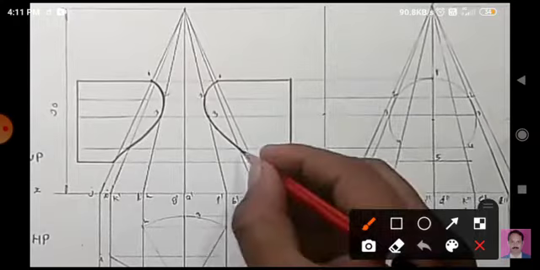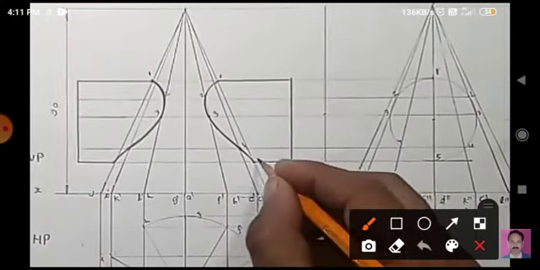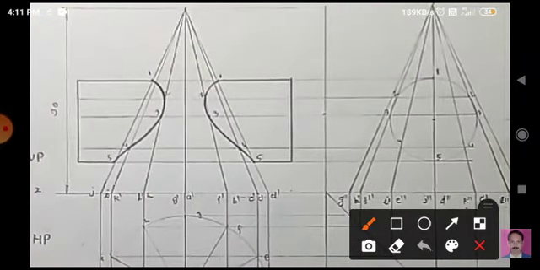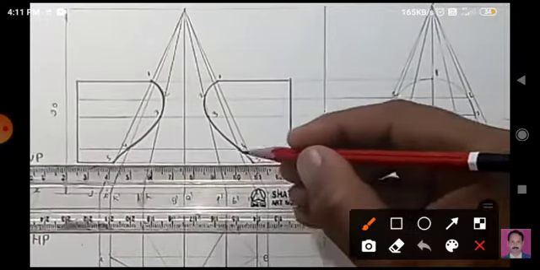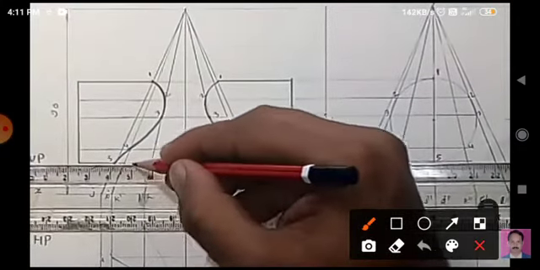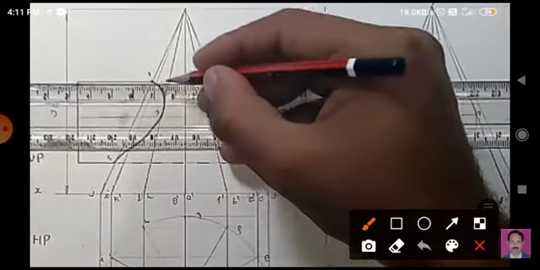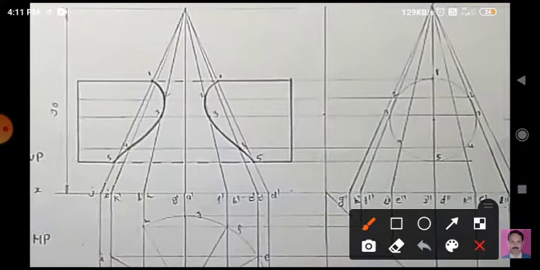In this way you can see the front portion, or in the front view you can see this fifth point, fourth point, and this one is fifth again. Okay, now the top view is remaining. You have to draw also the contour on the top view. This part will be hidden, the cylinder. In this way we have completed our front view.